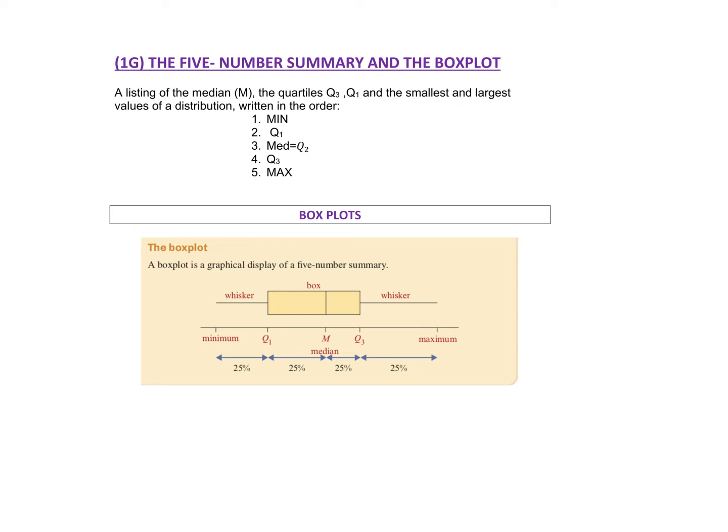Alright, so today we're going to be looking at the 5-number summary. So the 5-number summary, as it's stating there, is these 5 values. When they ask you to do the 5-number summary, you should put them in order as well. So your minimum value, your Q1, your median, which is also known as the Q2, the Q3, the third quartile,